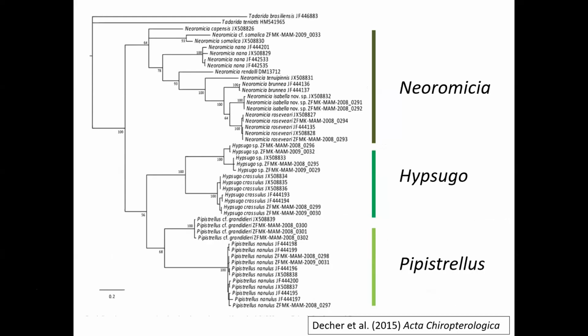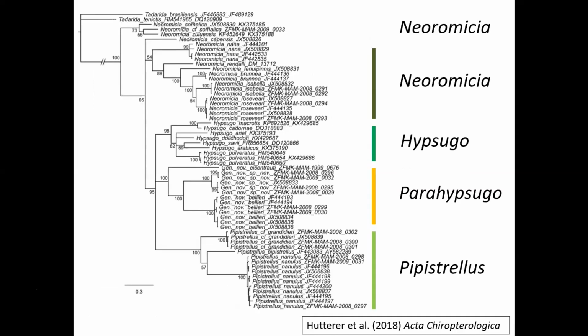So Neromisia, Hypsugo, and Pipistrellus all seeming to behave very well. And then 3 years later, on an even bigger data set, again from the same region, the forested parts of Liberia and Guinea. And again, you can see that Neromisia is giving a